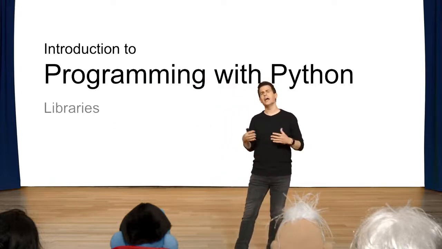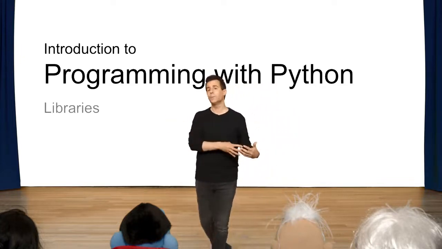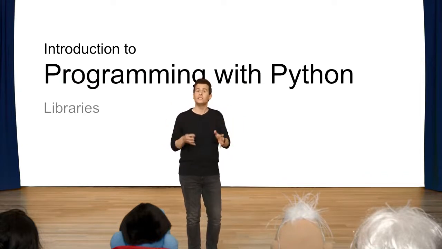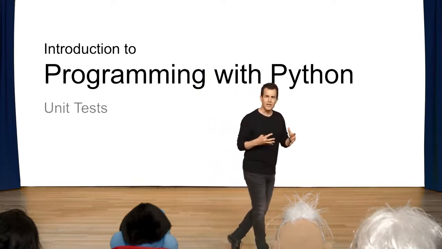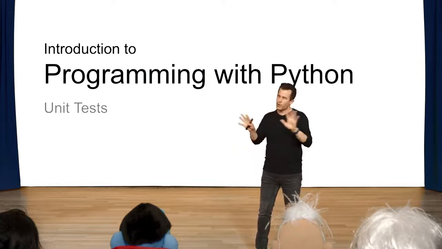Thereafter, we'll take a look at libraries, third-party code written by other people often, or perhaps yourself in the past, that you can use and reuse in your own project so as to avoid reinventing the wheel again and again. We'll look thereafter at something called unit tests. It turns out you'll actually write code to test your own code, but you won't have to write tests for your tests.